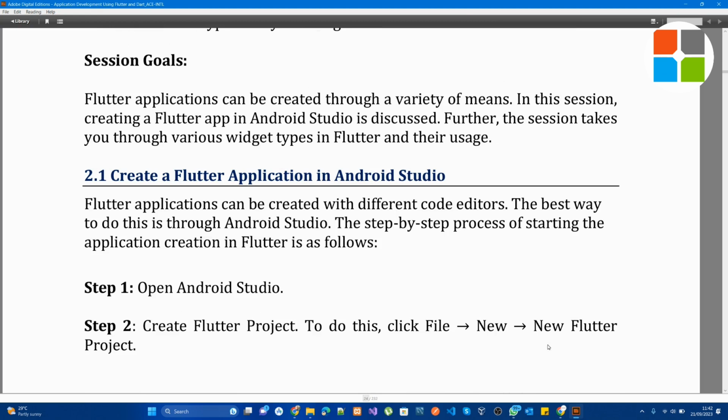So the session goal is that the Flutter application can be created through a variety of means, like we know. In these sessions, I'm creating it using Android Studio again. If you're using Visual Studio, fine, there's no problem. You can use Visual Studio, but we are all aiming at the same thing. So a Flutter application can be created with different code editors, but the best way to do this is through Android Studio, because even when you are using Visual Studio Code,